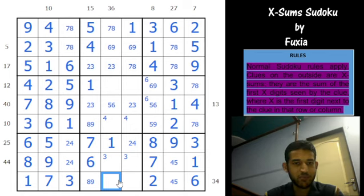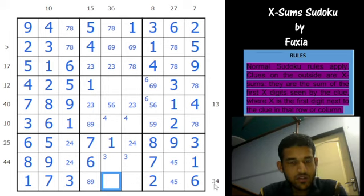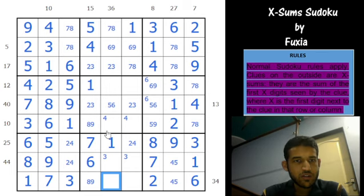Oh, this is really embarrassing, guys. I'm not sure what I'm missing here. Have I looked at all the clues? This 36 is supposed to do its duty now. But